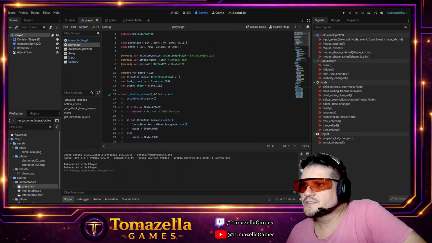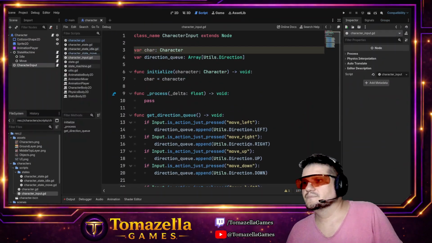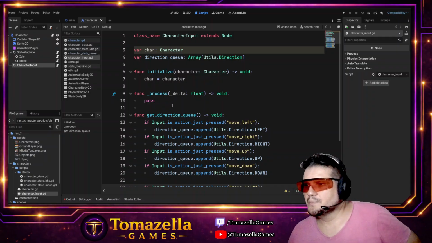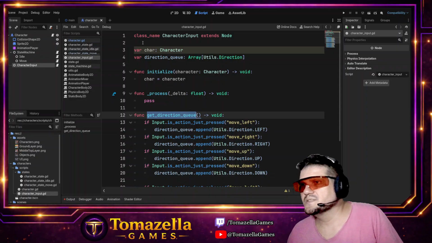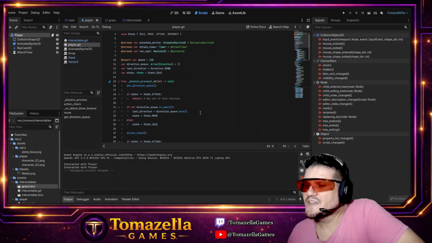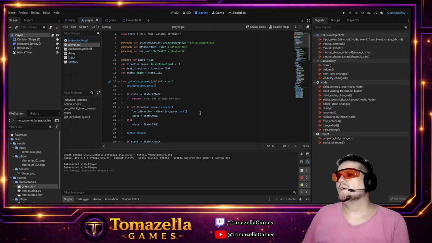Yeah, the important thing is to get the direction. Okay, get direction queue here. So in my process, I will always... there I was using it in the physics process, but I actually don't want to get input keys in the physics process. I think I want to use the input